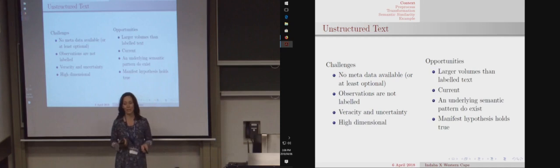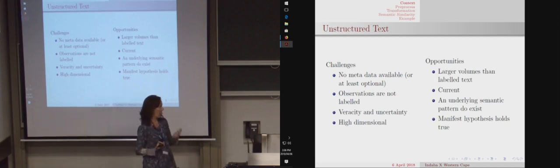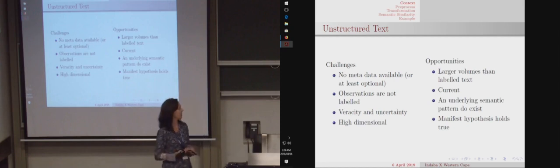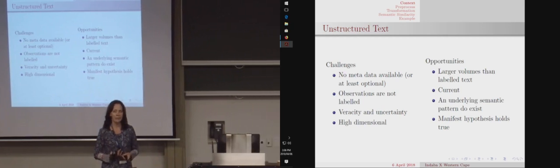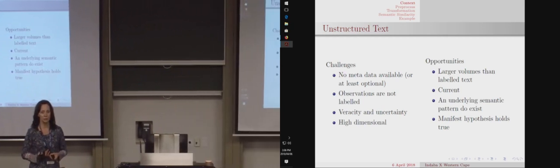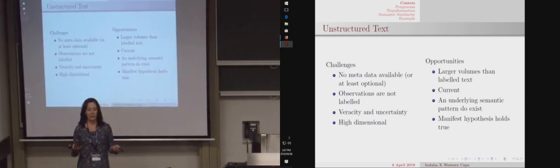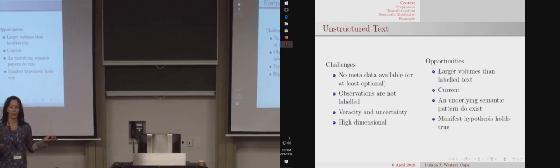But with all challenges comes opportunities. And the thing with unstructured text is it's abundant. We've got loads and loads of unstructured text. So we've got much larger volumes. And to label data is really expensive. Humans need to do that. The other thing is it's current. That's also usually the problem with labeled data. By the time you've labeled your data, it's old. And